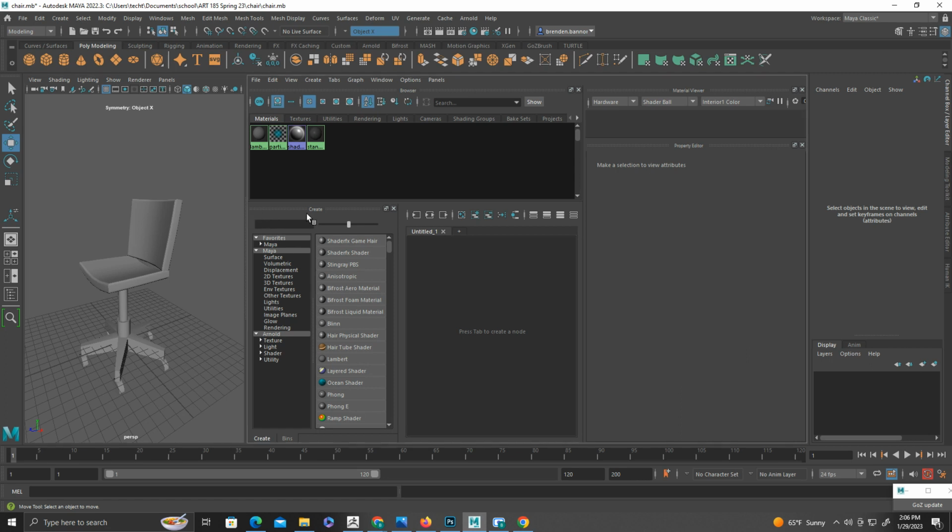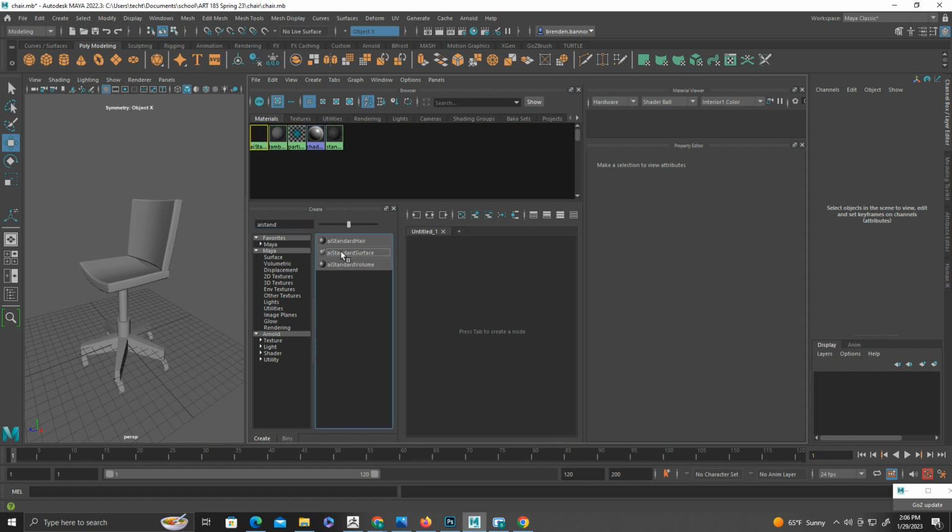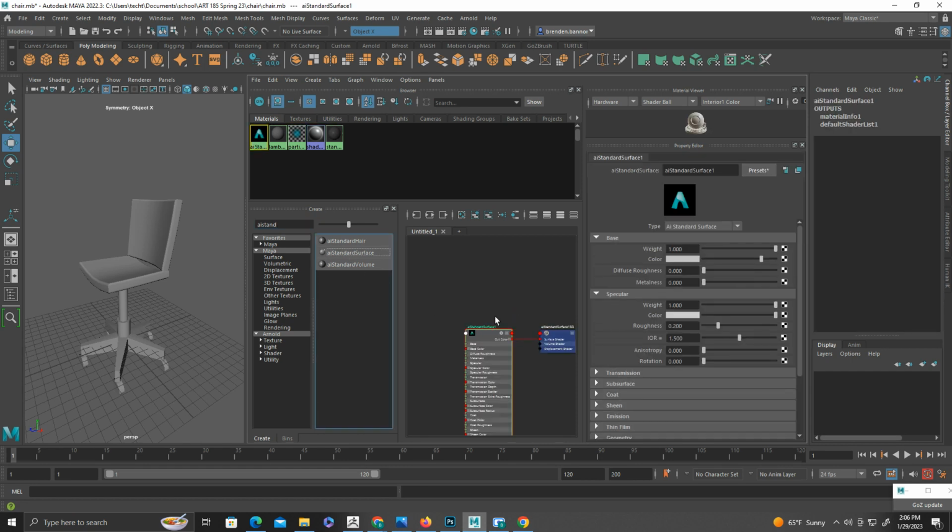Okay, so at this point, what I want to do is search in this box where it says Create, and there's this box. This is a search box, and I will click AI stand, and I get three options: AI stand hair, AI standard surface, AI standard volume. I will click AI standard surface,